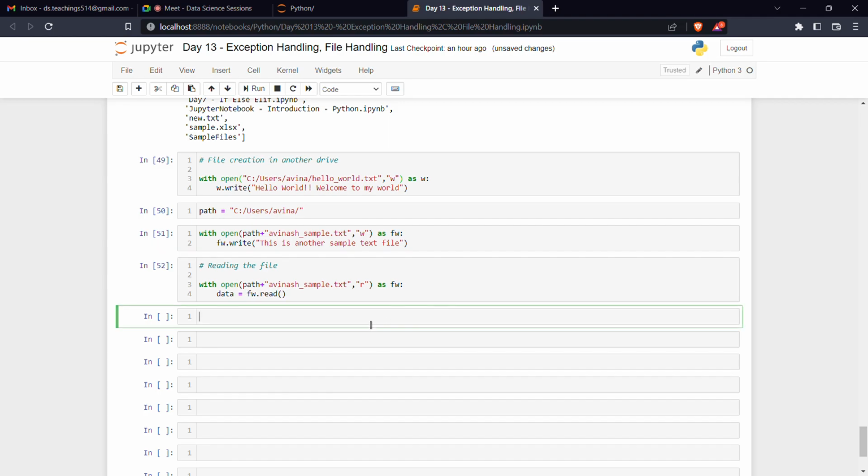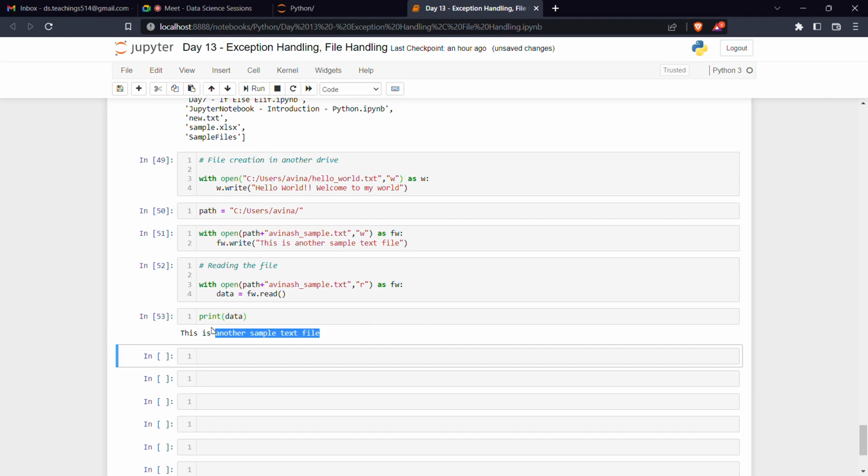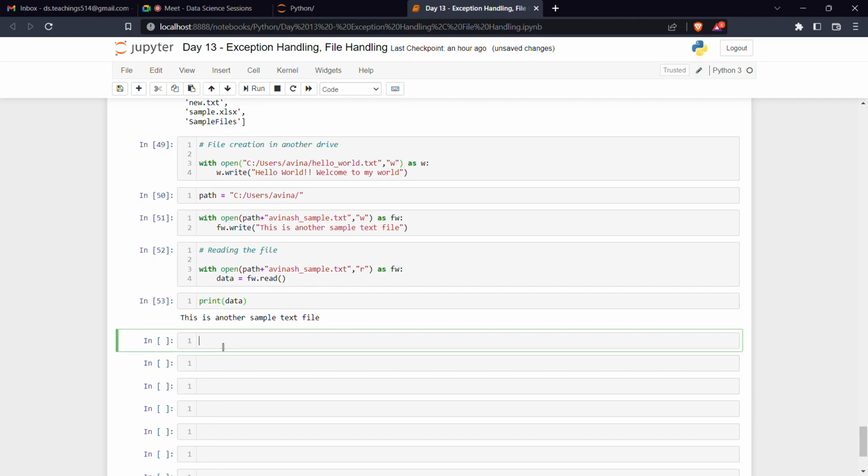Now print your data. You can see the data that was stored inside that file you are reading. Simply, you are reading whatever data is present inside that file. So reading is simple. You can read whatever you want, like this. And coming to the next case,